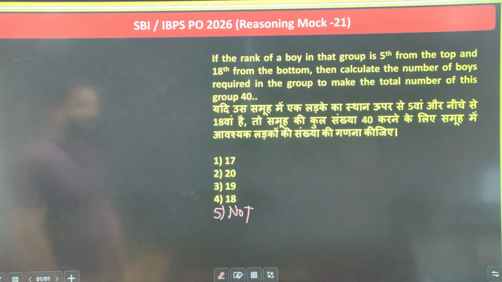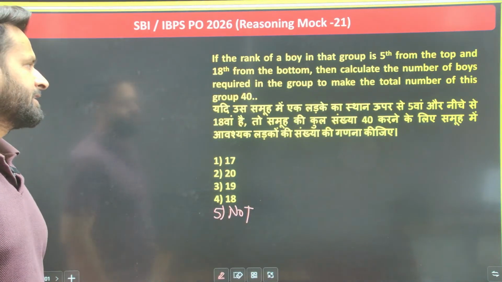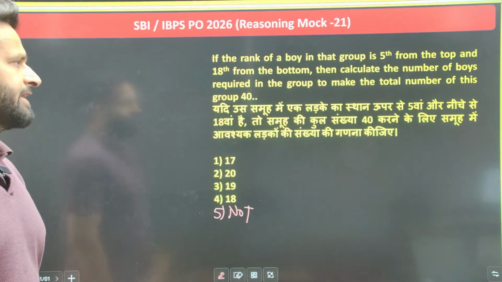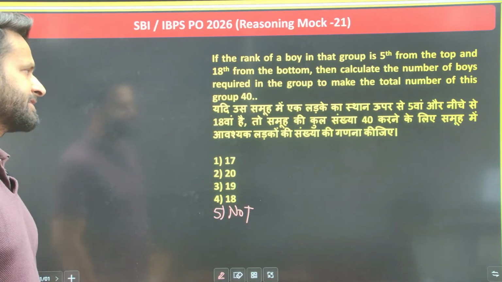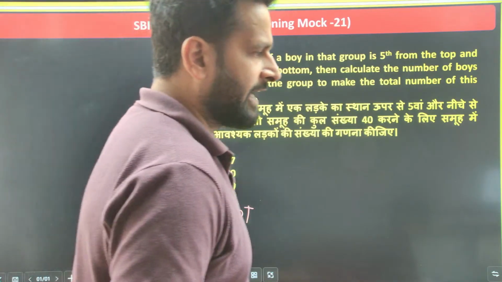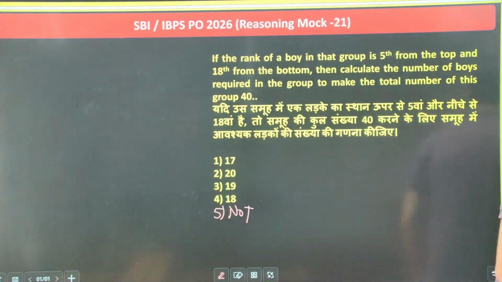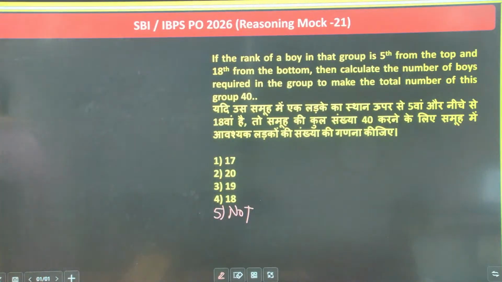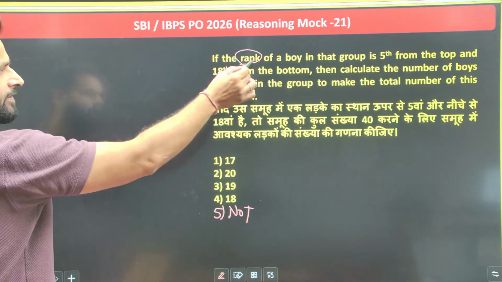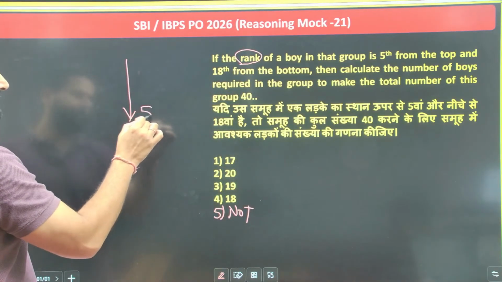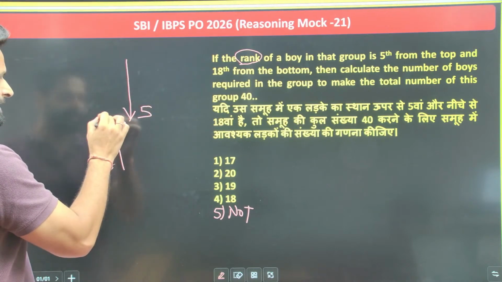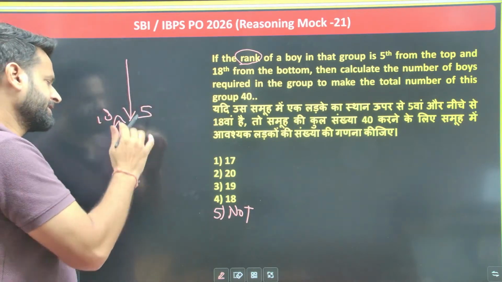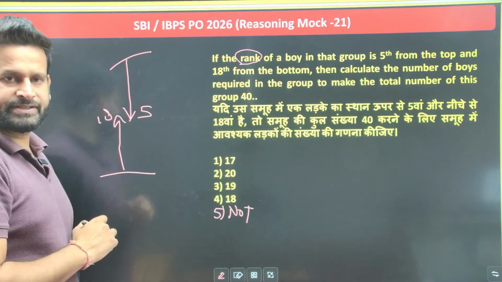Check this out. If the rank of a boy in a group is 5th from top and 18th from bottom, then calculate the number of boys required to make the students in that group 40. Total 40 students. So for that, how many students are needed to add further? For that you need to know the present number of persons. The rank of this boy is fifth from top and 18th from bottom. So what is the total number of persons? 18 and 5